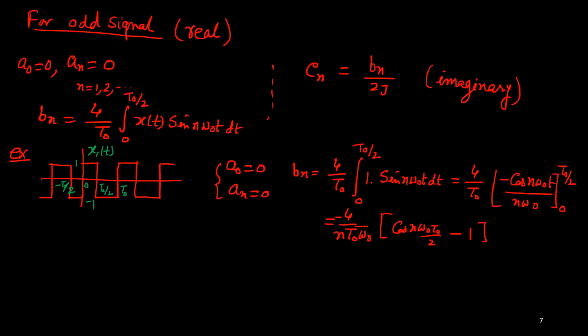Now omega naught t naught, you know that omega naught is 2 pi upon t naught. So omega naught t naught, this product is always 2 pi. So if I replace this one, what will you get? This is 2 pi, and the minus sign, now I can multiply there. So 4 upon 2 pi n, and the minus sign I am considering here, 1 minus, and now the 2 pi cancels out, so cos of n pi,